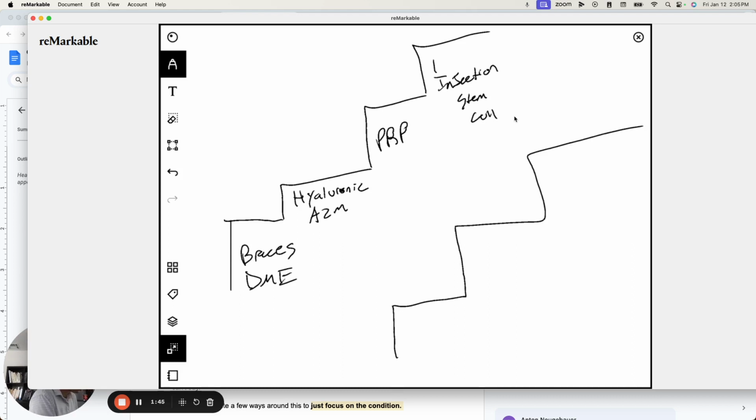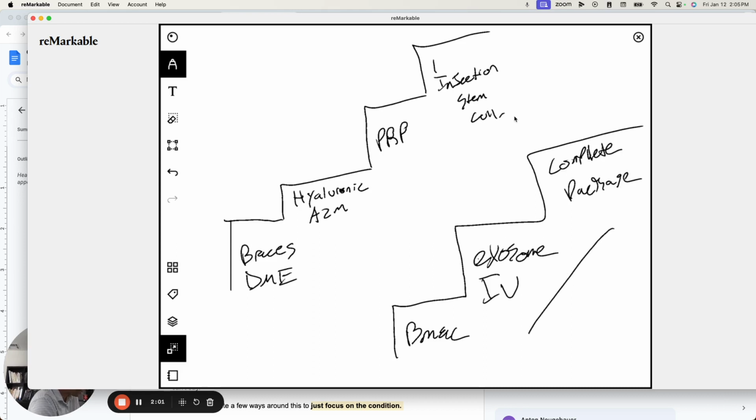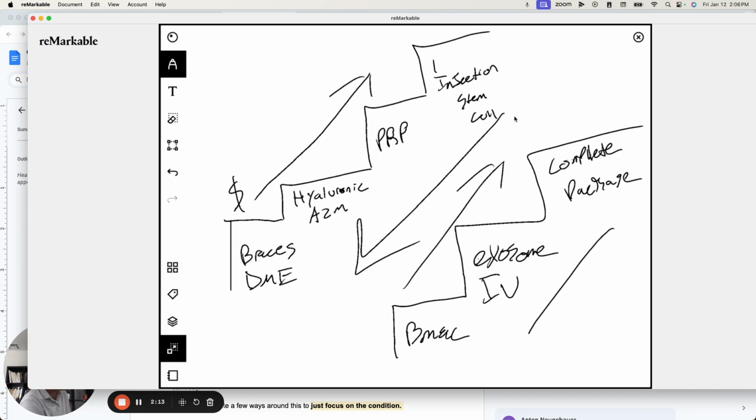You could do BMAC. You could do exosome IV. You could do a complete package of everything all the way down. So there's tons of different ways that you can build this value ladder. But the point is the money ascends and you have options for people who are at all different levels